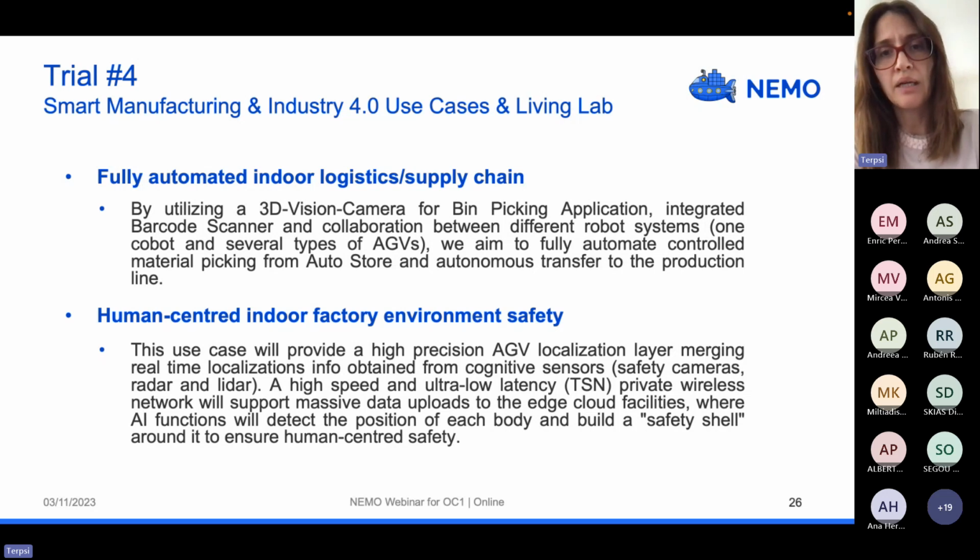Here we validate localization techniques with time-sensitive networking in order to ensure that workers can work in their factory while not having any risk posed by autonomous vehicles that move autonomously in the same area.